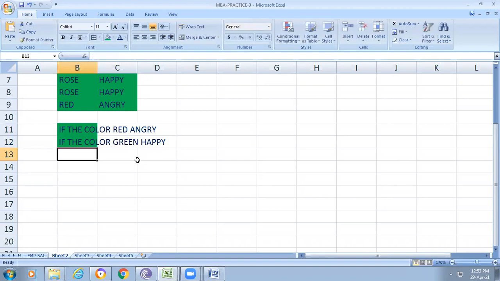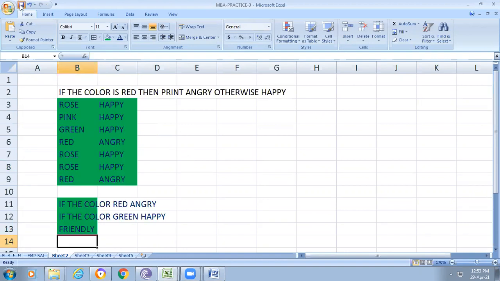Then if the color is rose or pink, simply otherwise. So if the color is red, print angry. If the color is green, print happy. Otherwise it will give the message friendly. This is my condition, so how can I use the IF?